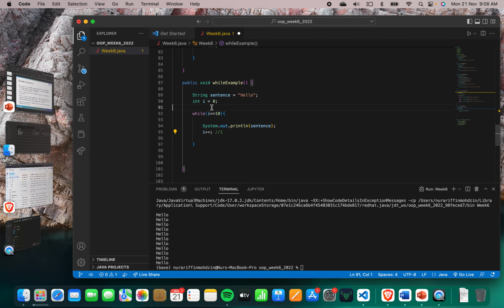It will try to validate: is 1 less than or equal to 10, which is true. So whenever it is true, it will run this statement again until it reaches 10. Is 10 less than or equal to 10? I think this one,